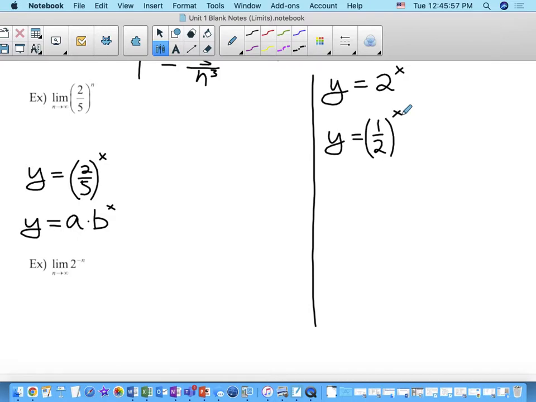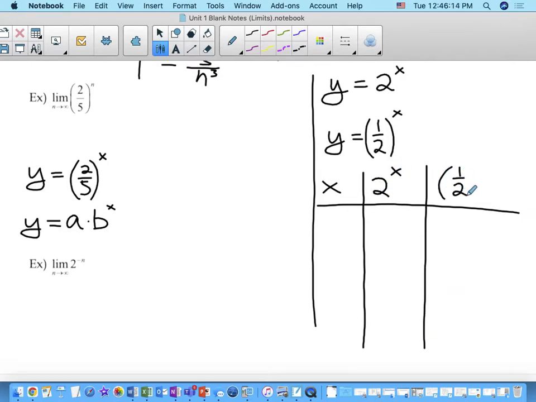Okay, so you can always kind of use table of values, that sort of thing, to figure out what's going on here. So what I'm going to do is I'm going to come up with some x values, and then I'm going to look at both of these, 2 to the x and a half to the x. Okay, so let's say I look at -2, -1, 0, 1, and 2. Okay, so if x is -2,